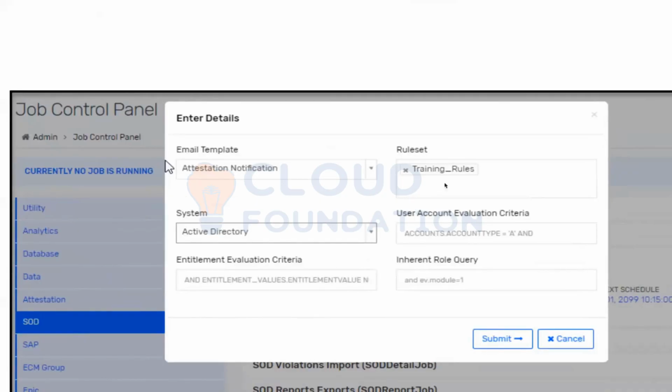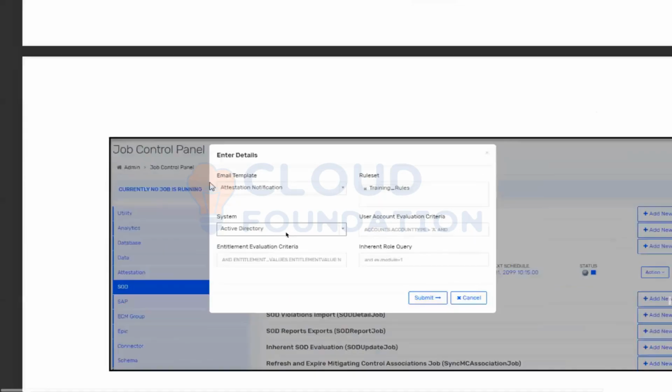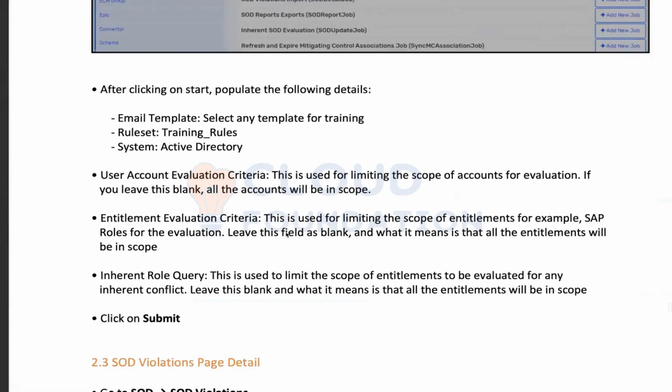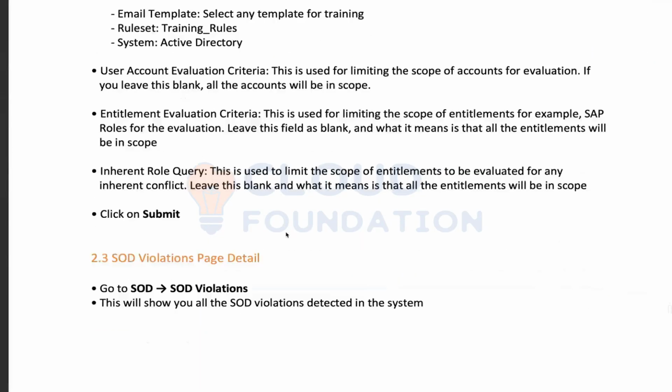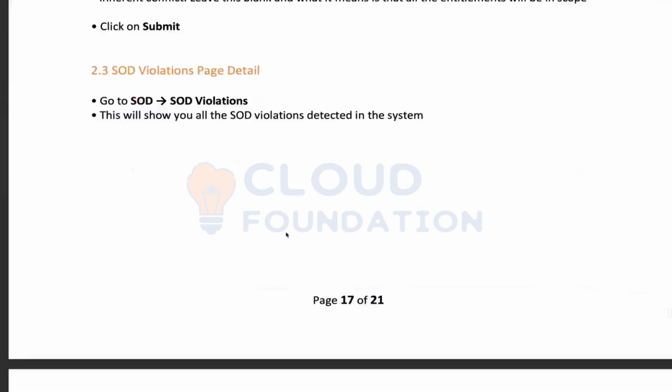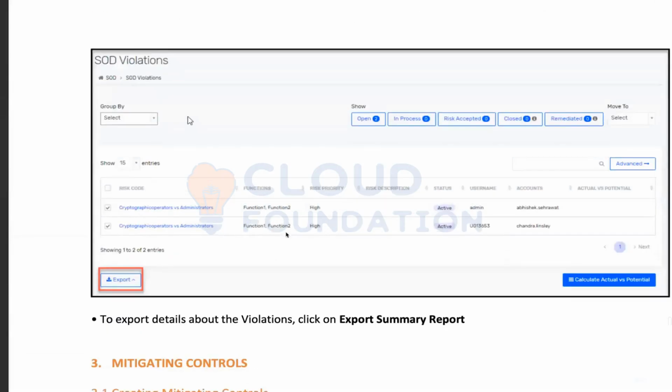This is the rule set that we created, training rules. And this is the type of email template that we want to use. You can mention the email template name as well, and you submit the request. Once you submit the request, the end user will receive an email, but you will receive a report.